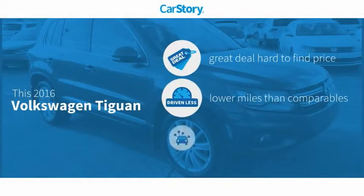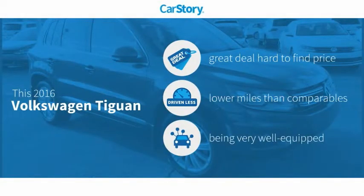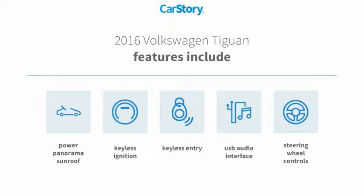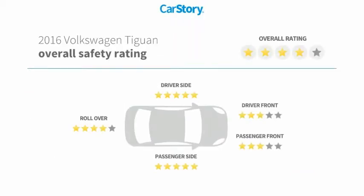Car Story research indicates this vehicle as being a great deal that is hard to find at this price, low miles, and loaded with features. Features also include keyless entry, keyless ignition, steering wheel controls, USB audio interface, power panorama sunroof. With these ratings,